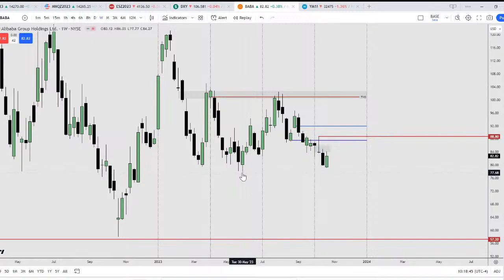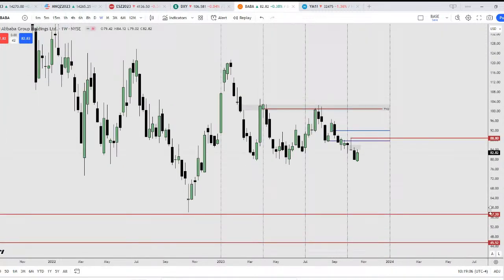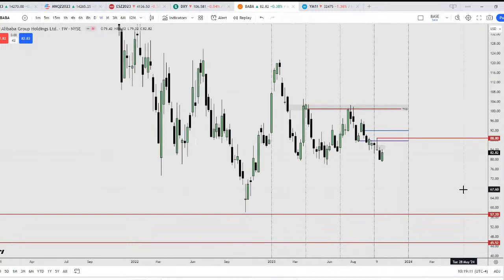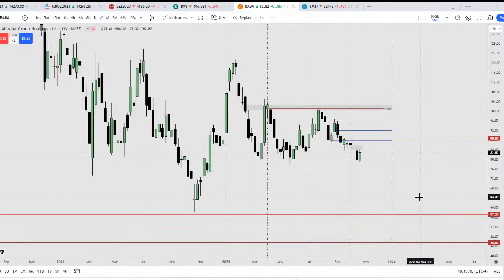Because I'm bearish, same thing for HSI. I want to see speed below this low, 77.77. Wow, what a nice number. Speed below this low into the minimum of this volume imbalance here at around 72 or 73, and then eventually gravitate down to 57.2. Okay, and I'm expecting it to overextend to 45. Right, that's for Alibaba.